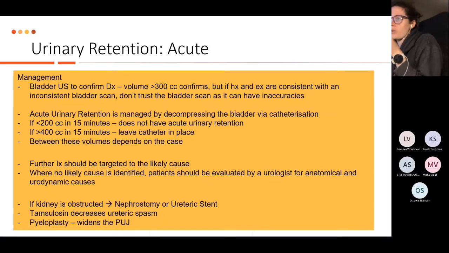Depending on how much fluid comes out depends, actually, if they were by definition in or not in acute urinary retention. The main thing is that if you do put a catheter in and loads of urine comes out, you start to think about causes and whether they need anything else. And the other thing is that if there are any complications, you might need to get urology involved to do some more complex bits and bobs.